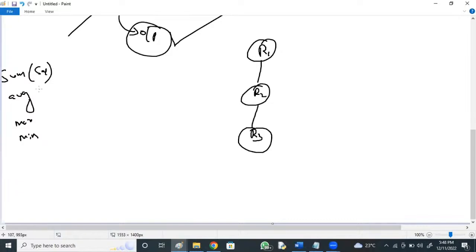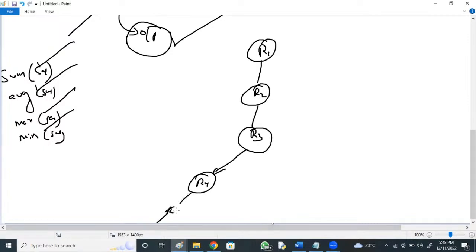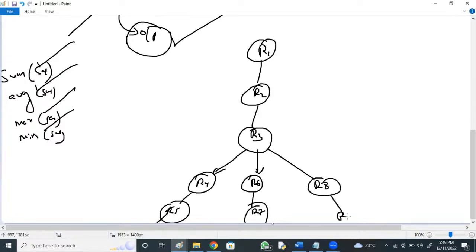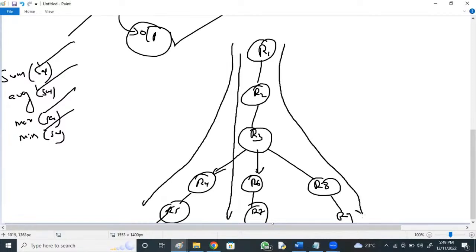You are applying all these on salary: total salary, average salary, max salary, min salary. So my R3 transformation is the extraction of salary. From there, R4 is where I calculate the sum, and from there you perform something, R5. From R3 again, R6, R7. From there, R8, R9. This R3 output is used by three flows: this is the first flow, the second flow, and the third flow. Here the data is persisted at R3.